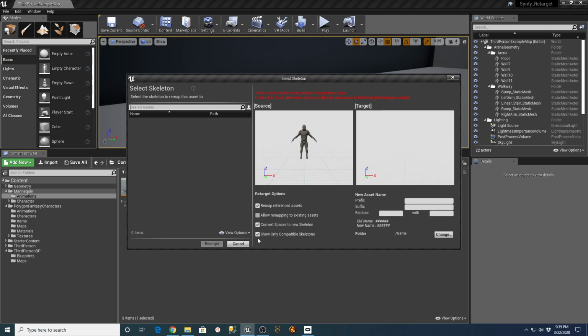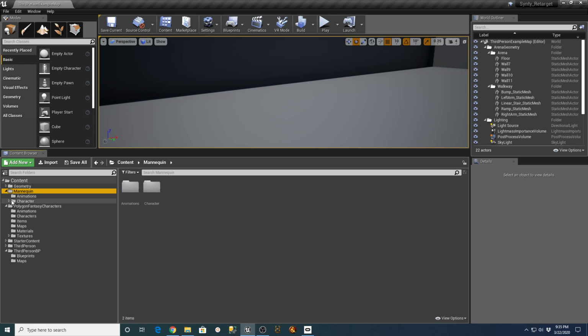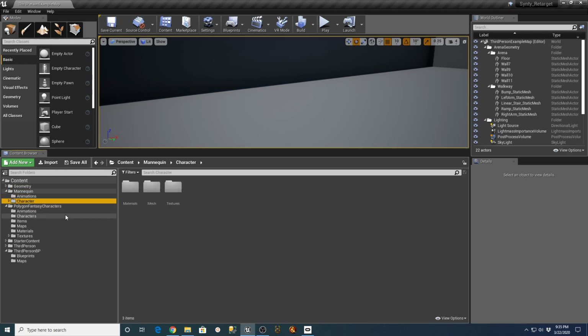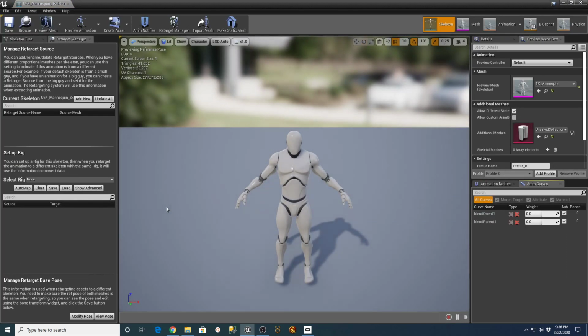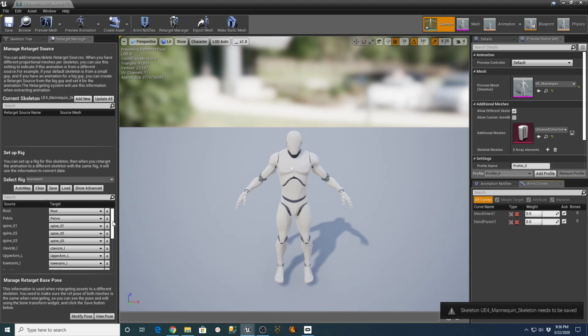And all you have to do to make that work is go to the mannequin and into the mannequin's character mesh file, where there's a skeleton in there for the UE4 mannequin skeleton. If you open this up and select a humanoid rig on that, it's going to give you all the different mapping. And even on the advanced side, you have all these.